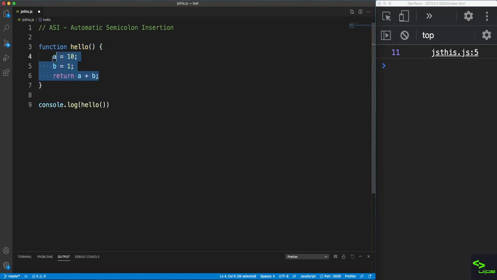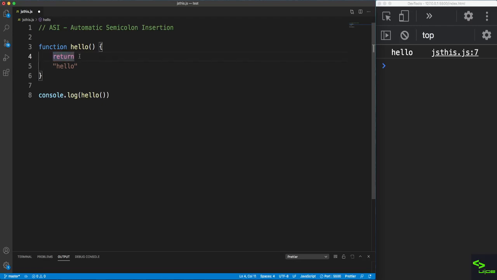Let's say if you want to return something, right? Let's say you're returning some string, in this case. You have to make sure your return statement and the thing that you are trying to return stays in one line, right? Okay, save, this is hello. If you do this, JavaScript ASI would automatically put a semicolon there. JavaScript ASI would always put a semicolon after a return statement